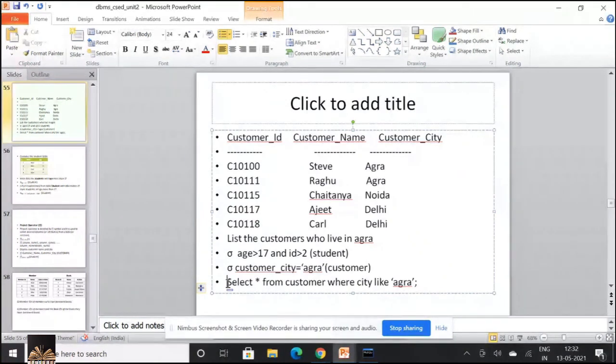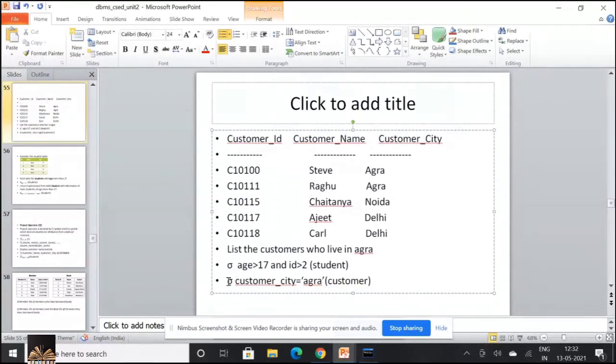But I'm working with relational algebra, that is the reason I'm working with the concept of symbols. So sigma customer city is equal to Agra, which is nothing but the condition over here. This is the condition from which table? It is the customer table.